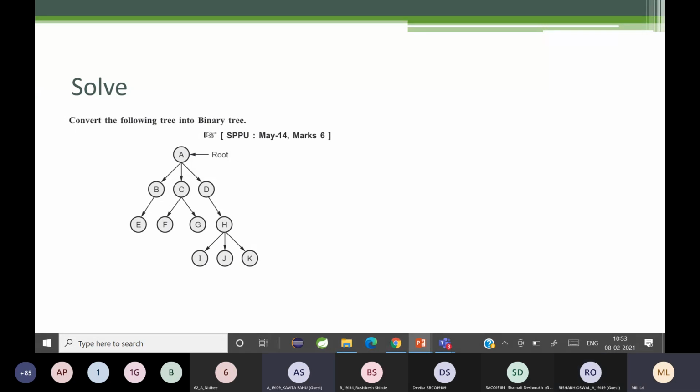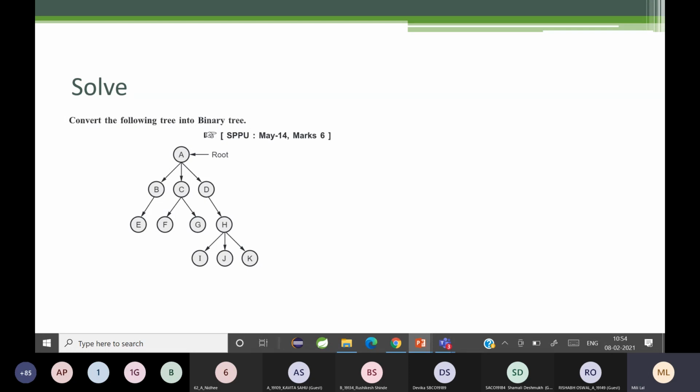Ma'am, actually I'm having a doubt in that H node, as the D node does not have a sibling and a left child also. So do we have to consider that H node? What did you say? This is D's right child, right? Yes, ma'am. Okay. So, can you show me what you have got?